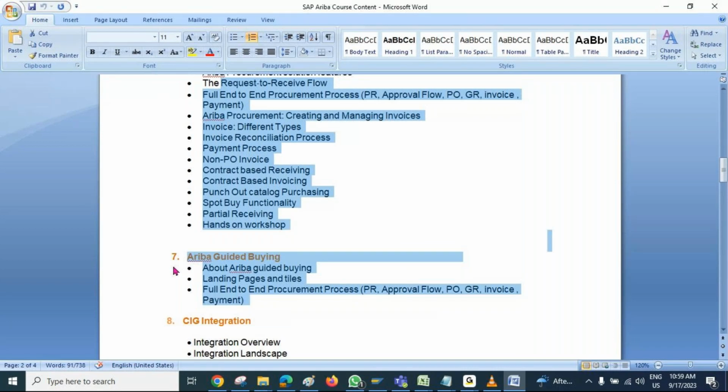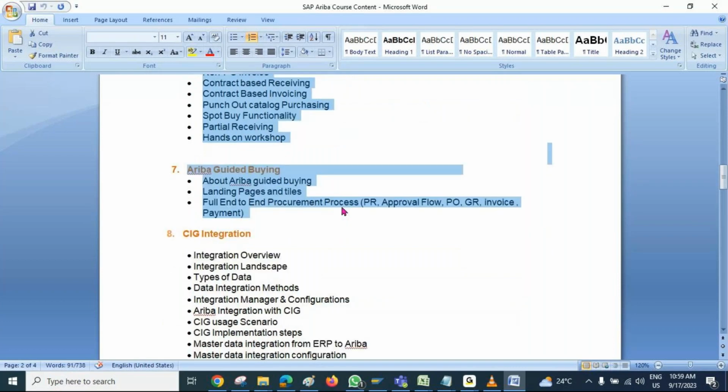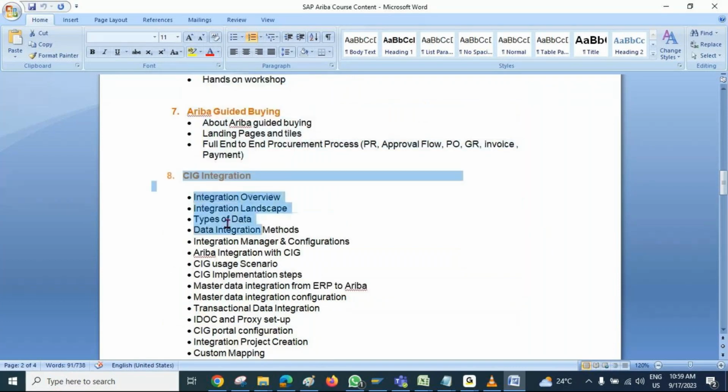But I'm strongly recommending to everyone, in other batches as well, please make a note so that tomorrow you do not miss it. Once we talk about section 8, all the questions will be answered. Whatever configuration questions you have, all will be answered. And why am I saying this? Because in Ariba, we do not have any transaction based configuration like T-code based configuration, the way we have in SAP ERP. It's not like that.